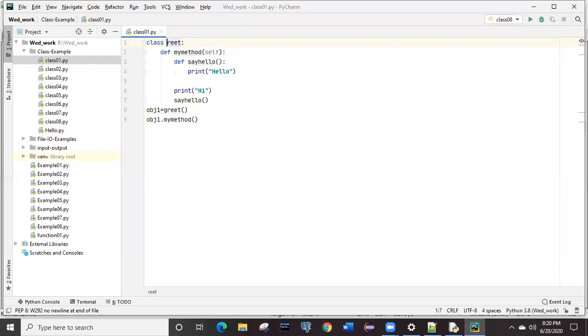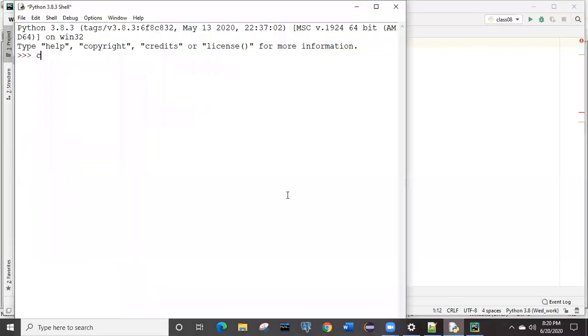There may be chances, most of the time, that the class name is not a single word but multiple words, so we have to follow camel case. The best example is what I'm showing here, class Greet. This is simply one class, and if we don't want to do anything, we will simply pass it by making use of the pass keyword. Got it?